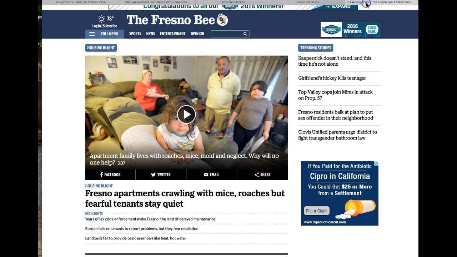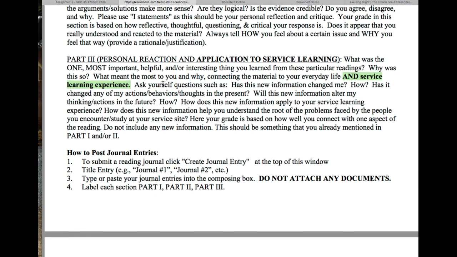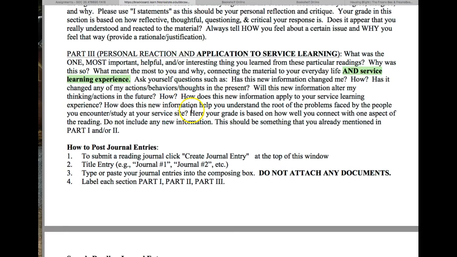And so maybe you have come into contact with this crisis in housing, this slum housing problem, and you've got some particular beliefs about it. Well, put those beliefs on the back burner and try to evaluate the arguments as much as possible without taking a position right away. So one other thing I do want to mention, this is part 3,